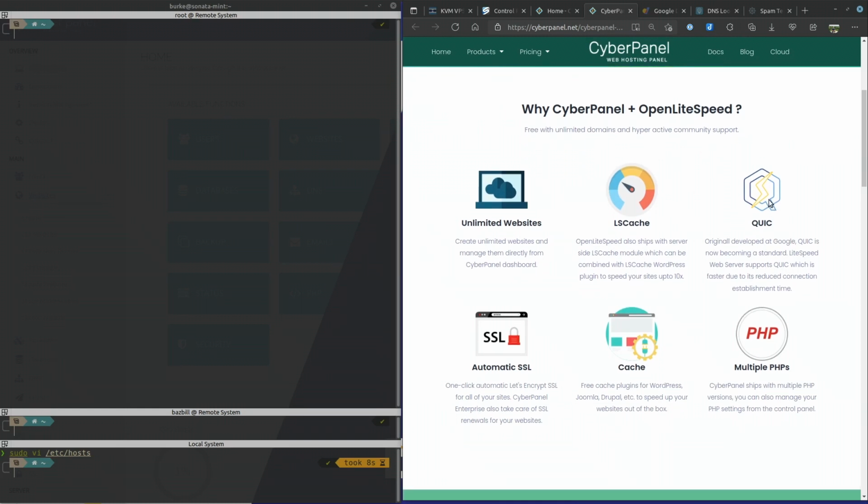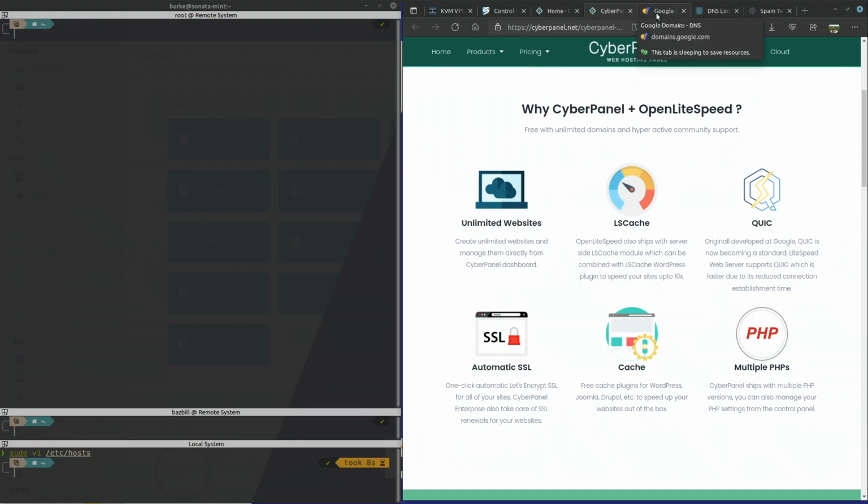Now with CyberPanel, you can set up unlimited websites. Of course, the limit is really going to be based on the amount of traffic that you're generating, the amount of content that you're placing on your VPS. So it actually will be limited based on the amount of storage and bandwidth, etc., that you're consuming. You can choose to have different versions of PHP. At the time of this recording, the latest version is 8.0. We'll probably see that a little bit later.